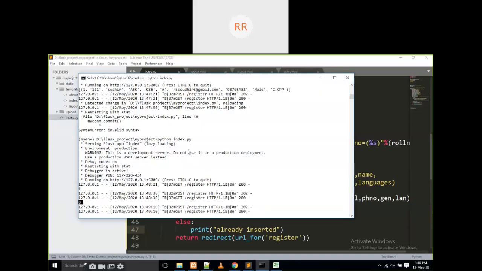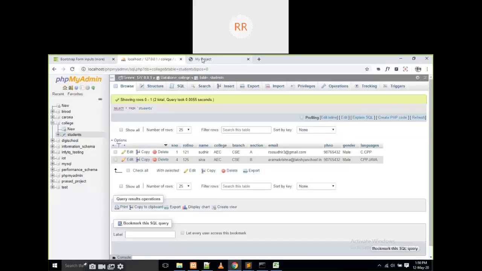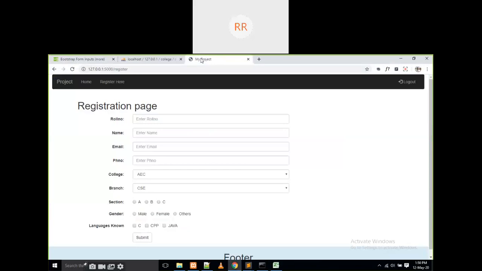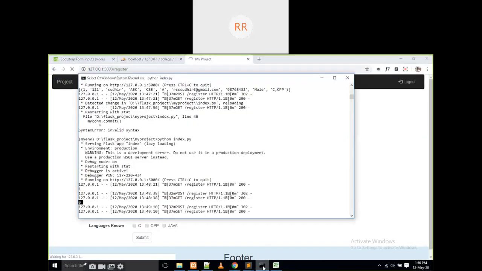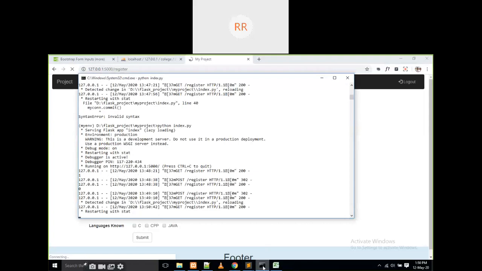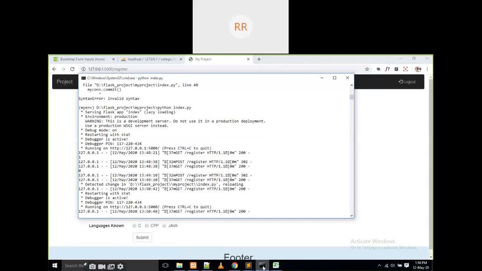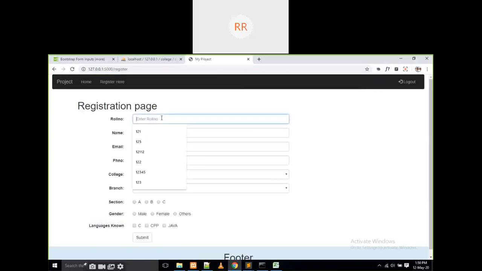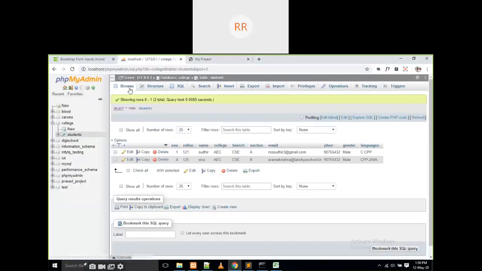Now I am going to write this data. Yes. Now I am going to give the data. The data is 125. 125 is already inserted, right?